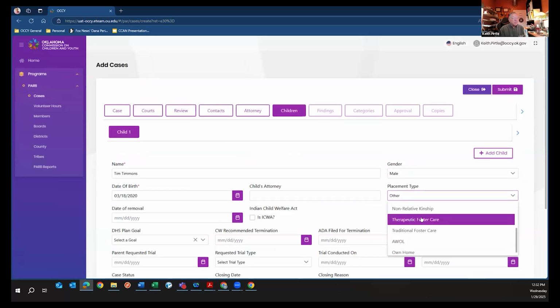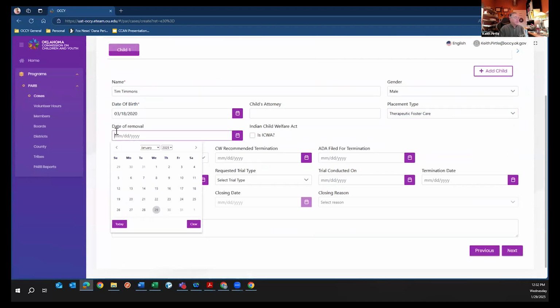Again, traditional foster care, it certainly helps. Remember, when you print these, it's a tool for you. So if you're looking at the printed recommendation or at an old recommendation on a kid that you're now reviewing, knowing that 6 months ago or 3 months ago they were in traditional foster care is helpful information to have.